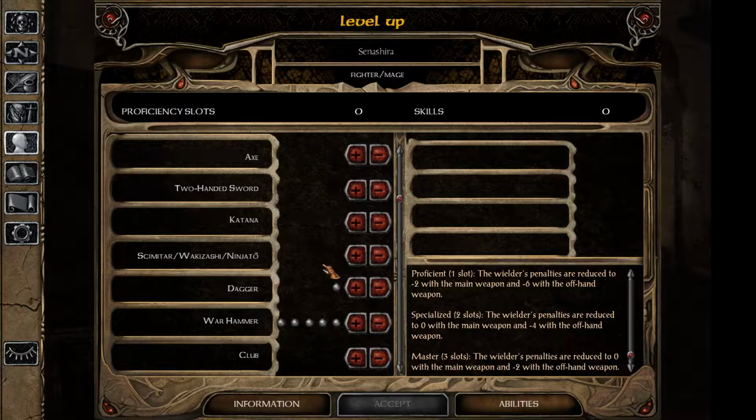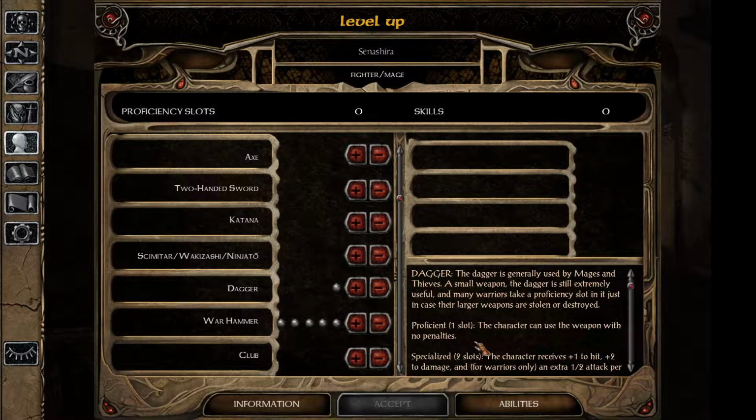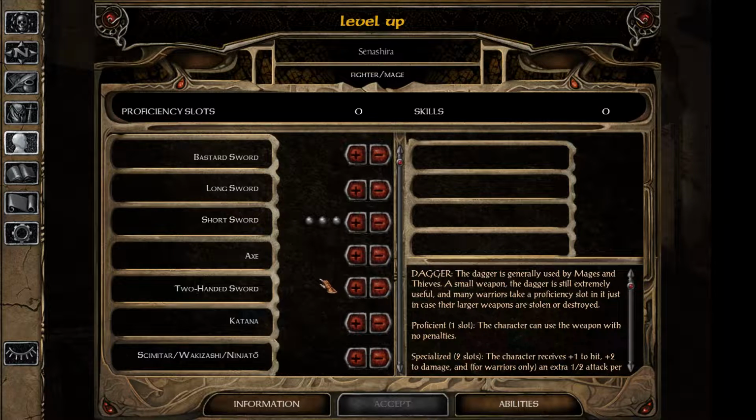And there's also this dagger proficiency point, where the second point, the specialization here, would give us some bonuses and also half of an attack per round. But the thing is with her that dagger option is her ranged option, but she basically never needs to resort to that kind of thing, and now especially, since she is going to get a phenomenal upgrade very shortly,